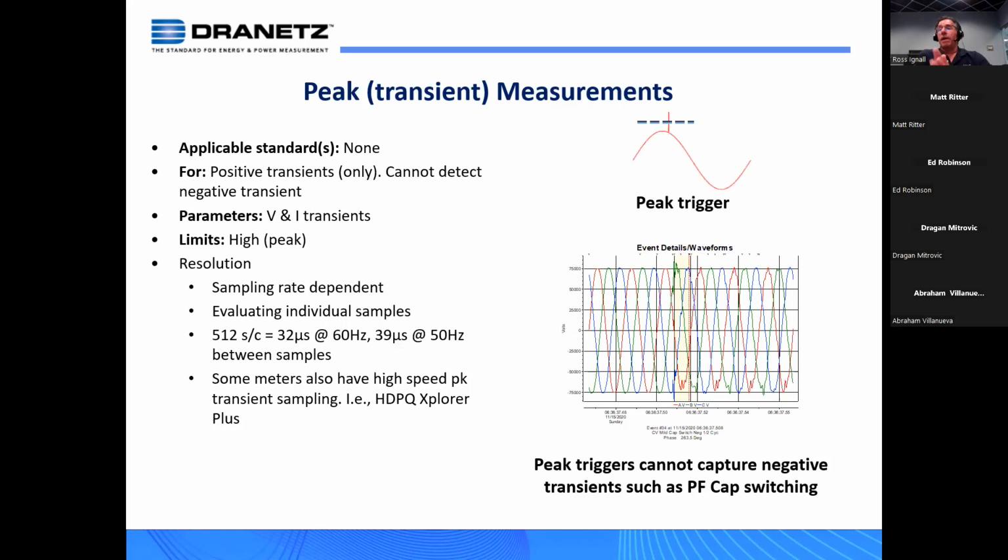Well, now we talk about peak measurements. Think of this over here. This is a little sketch of a transient, and this horizontal line would be the limit. So you're looking for one sample to go above that limit. We're not measuring the overall RMS of these wave shapes, as we spoke about before. We're looking for a peak that happens, something switched on or off, or in a bad case, a lightning strike